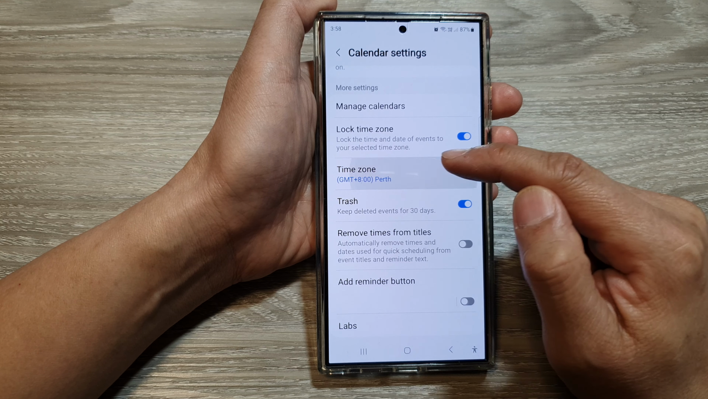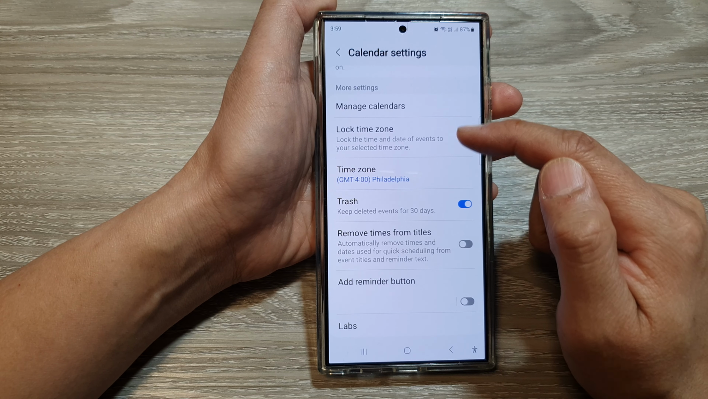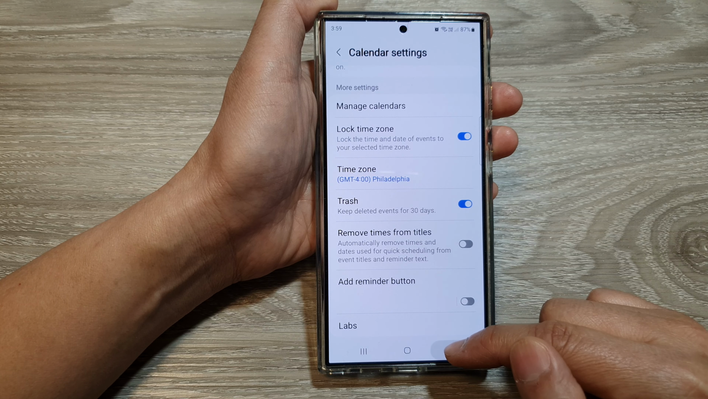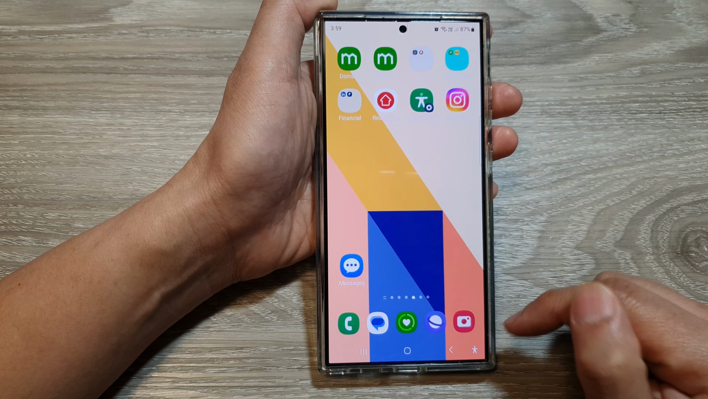So in here, tap on time zone and select a time zone that you want to lock it to, and that's it. After that, you can tap on the back key or tap on the home button to go back